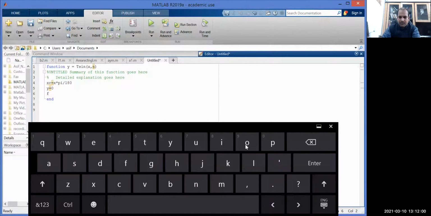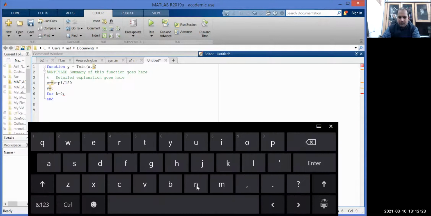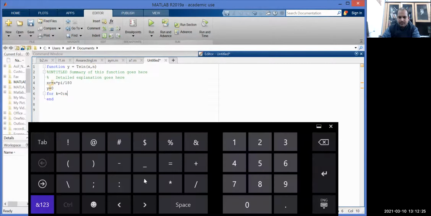For k equal to 0 to n minus 1. So it will by default take a spacing of 1. 0 to n minus 1.